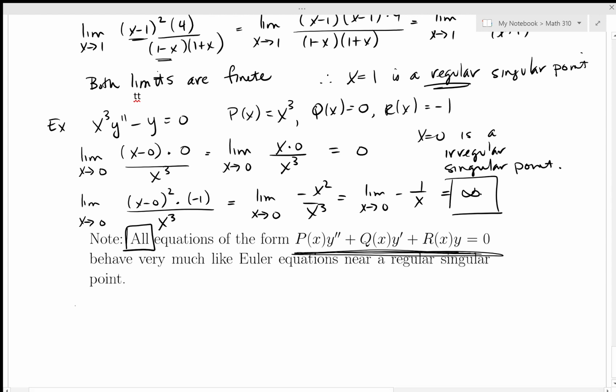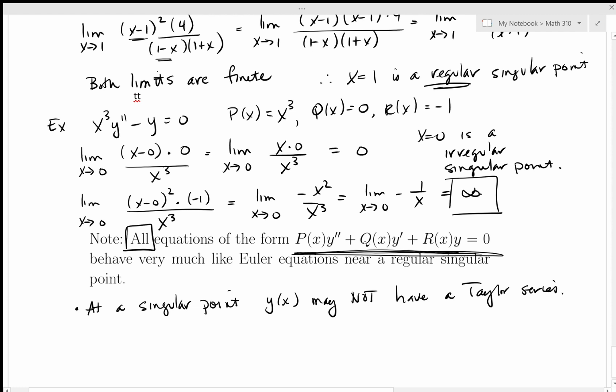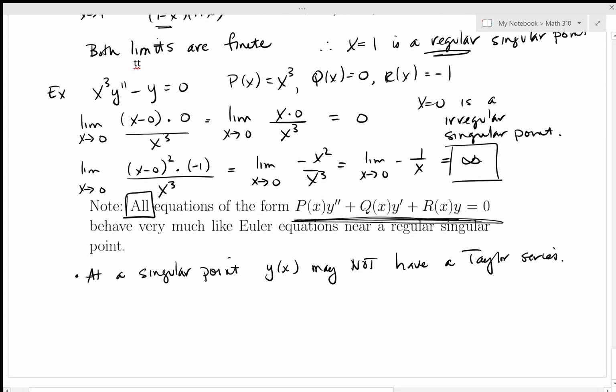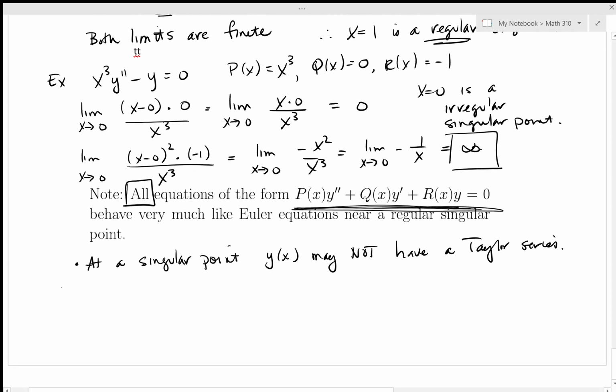Let's make a couple of notes here in conclusion. At a singular point, y of x may not have a Taylor series. That presents a problem for finding a Taylor series. You want to make sure that you're looking for something that exists. So our goal, and we're going to resume with this in the next lecture, is to